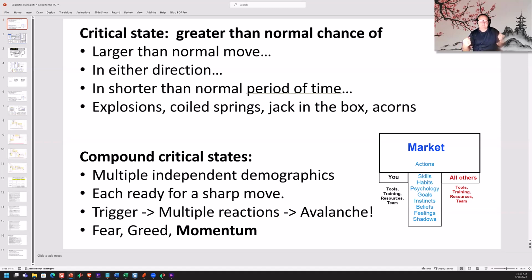All that latent power has been built up, much like a Jack in the Box in the kids' musical production. They crank that little thing and you can hear the music and it's getting closer and closer. And then all of a sudden, boom, there it goes. On a longer term,